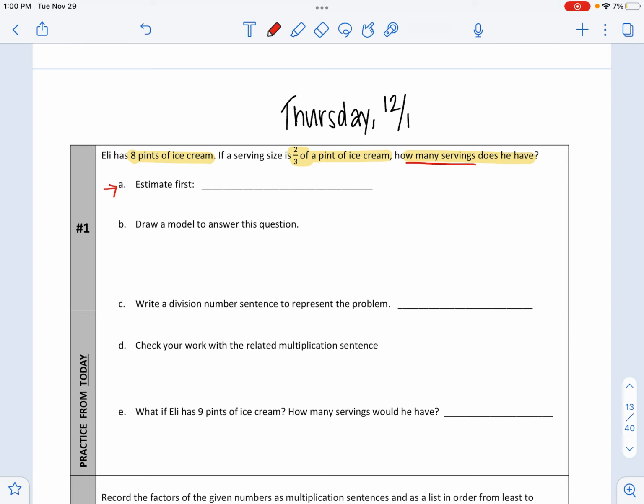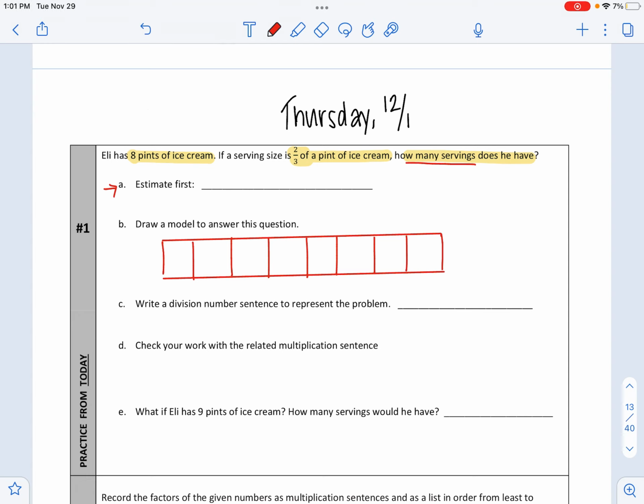Now, we can draw a model to answer this question. We know that we're starting with 8 pints of ice cream. And so I can draw a bar diagram to show 8 pints. Now, each pint of ice cream